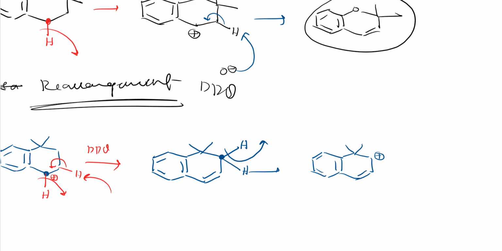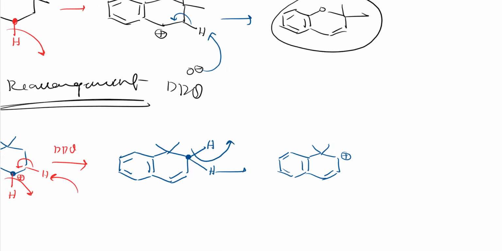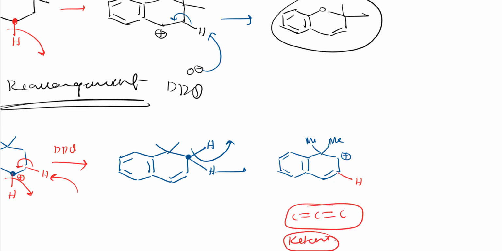So further what happens, to remove one more proton, there is no proton, here also methyl is there, here also methyl is there, and here I can't remove this proton because it becomes highly strained, right? C double bond C double bond C, like a ketene we call, right? So these are highly strained, a ketene can't be formed in a ring, so I can't remove this proton, and here I can't remove this because a ketene in a ring is unstable, highly strained, so this is wrong, I can't remove.